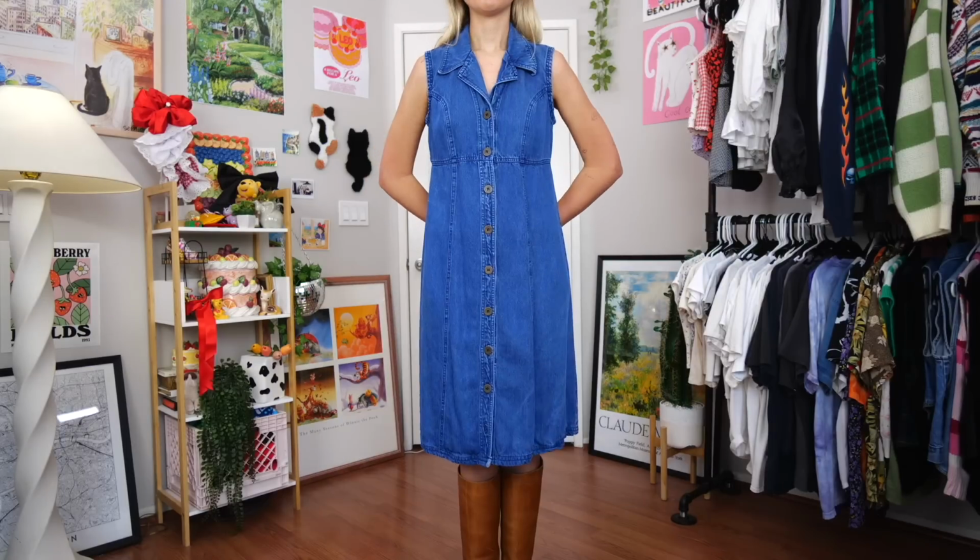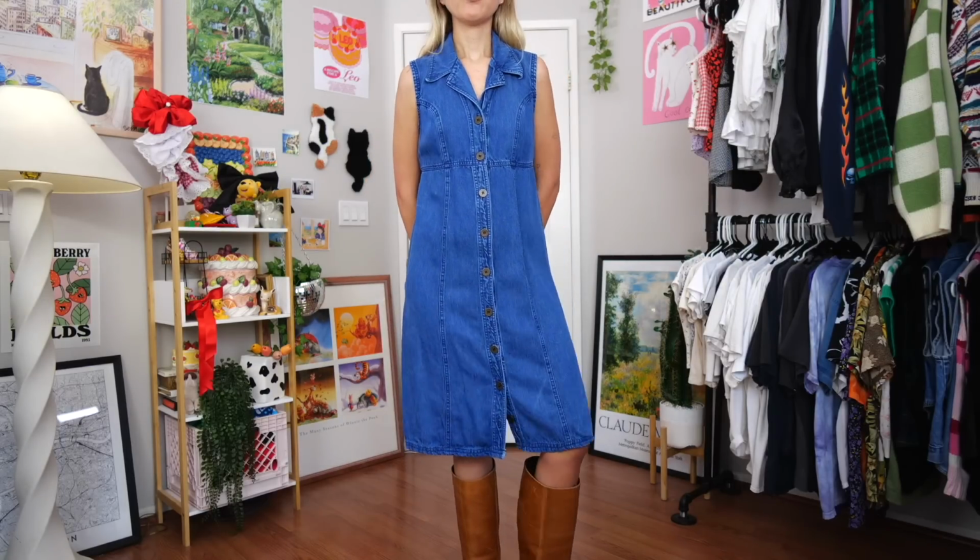I had gotten this at a Goodwill and it was $12.99. If you remember in the thrift haul from February, I talked about how I had gotten invited in December to a new Savers store opening, and it was with a bunch of other thrifters, and they had given us gift cards. These are the other pieces that I had thrifted during that time,